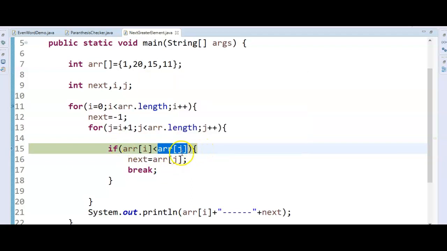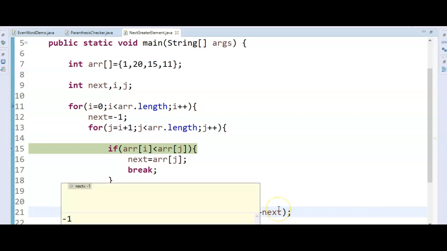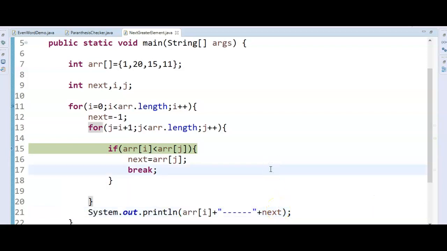So since that is false, we have initialized the value of next to -1 at the starting of the loop itself. So array of i will be what? 20, and the next will be -1, and it will be printing the value 20 and -1. So hope you understand the logic for this.